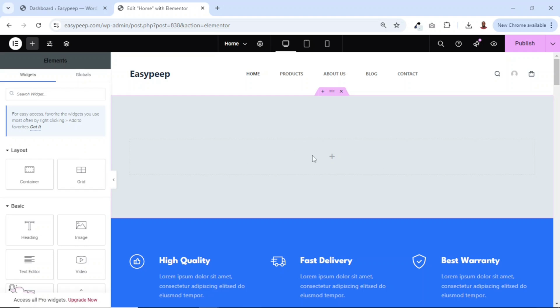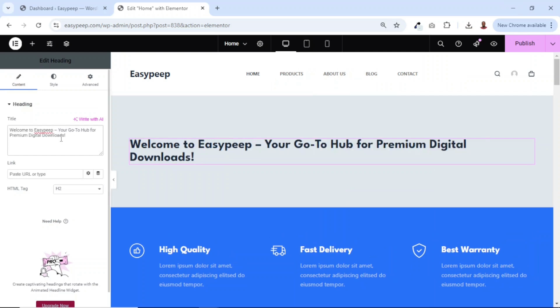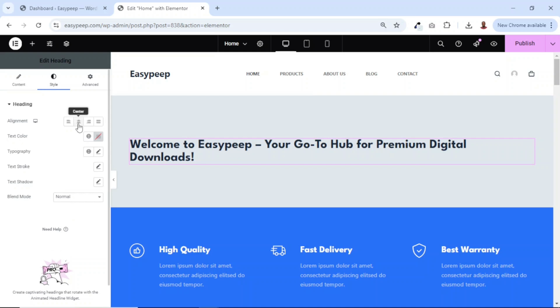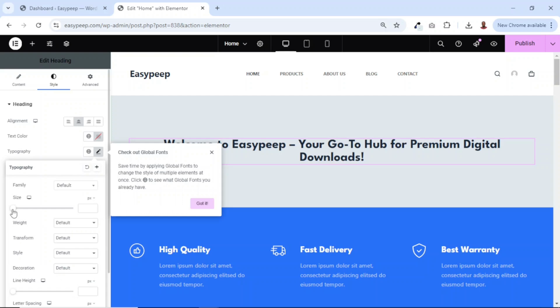Next, I'm going to go ahead and add a heading. To do that, I go over to basic, then I drag in the heading, drop it right here. I can change the text from here. I already have my text copied to clipboard. I'll just go ahead and paste it in. Next, I go over to style, and I'm going to go ahead and center it. Under typography, I'll increase the size